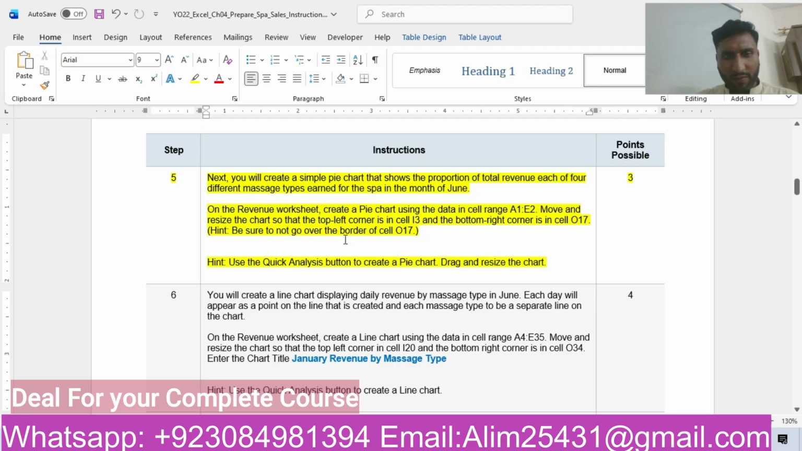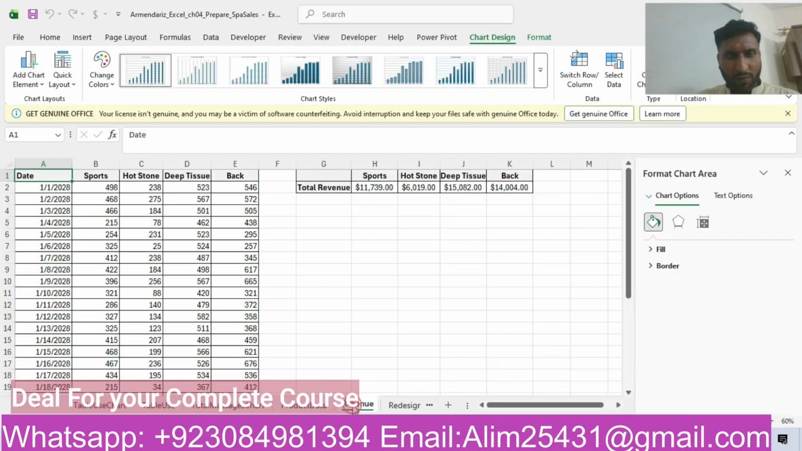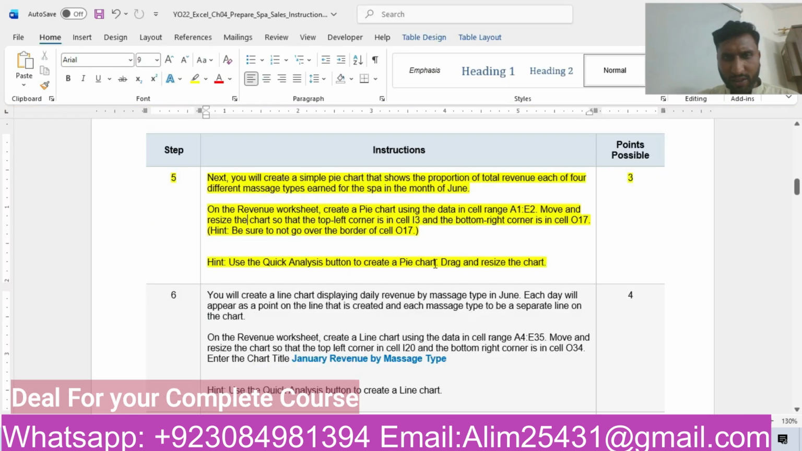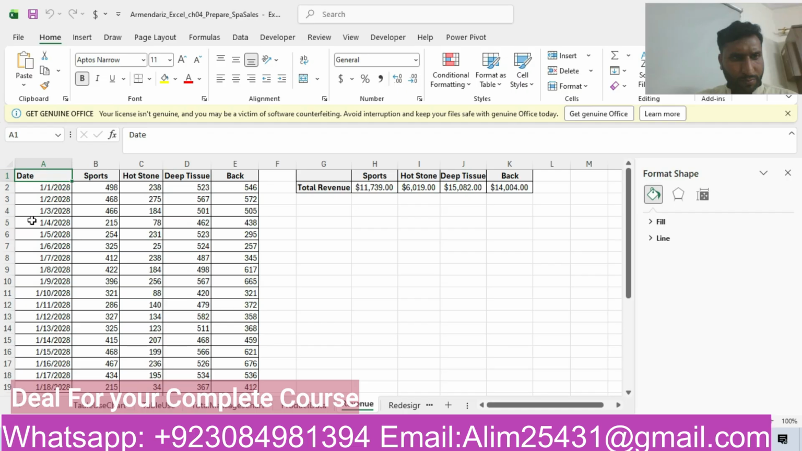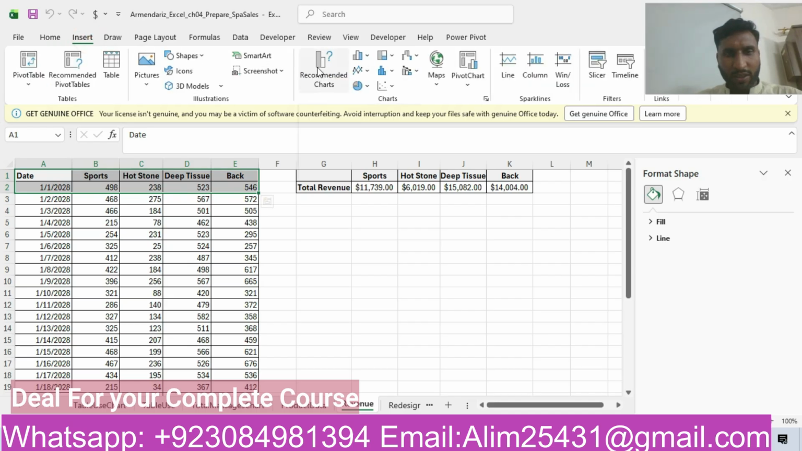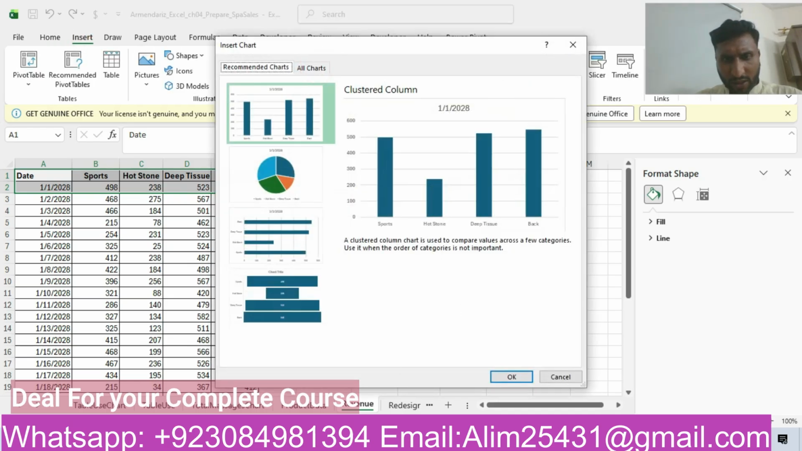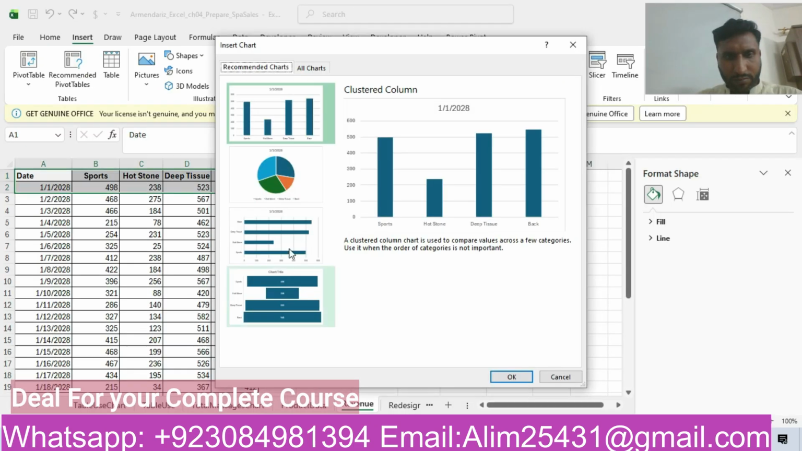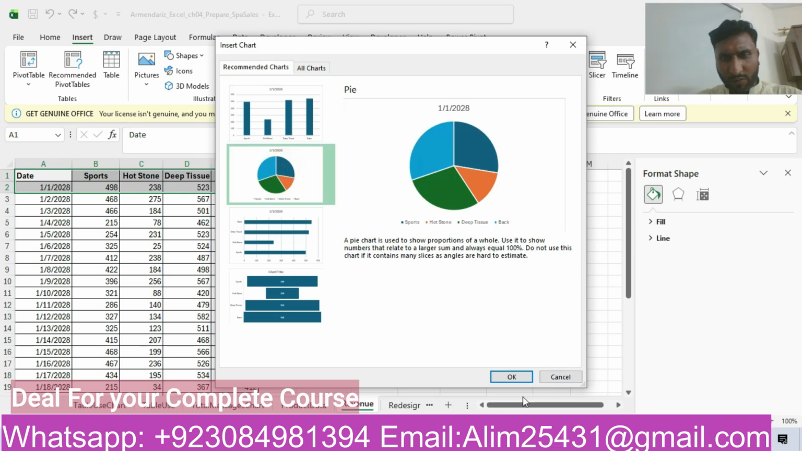So we will go to the Revenue worksheet and select A1 to E2. Which range is asked? A1 to E2 on the Revenue worksheet. That's our cell range A1 to E2. We will go to the Insert tab and select Recommended Charts, and which chart is he asking us to select? That one, the pie chart. That's our pie chart. We will insert that one